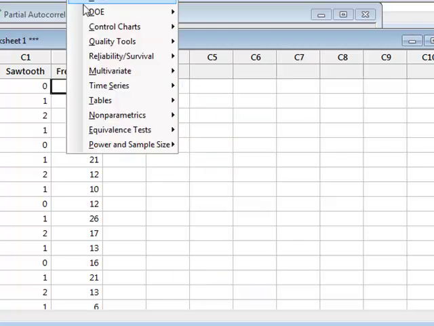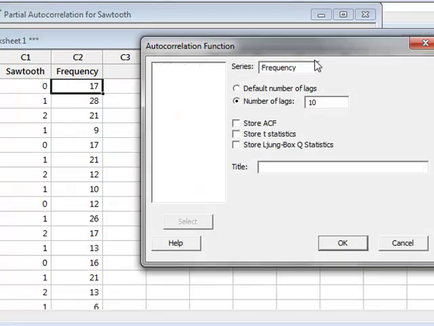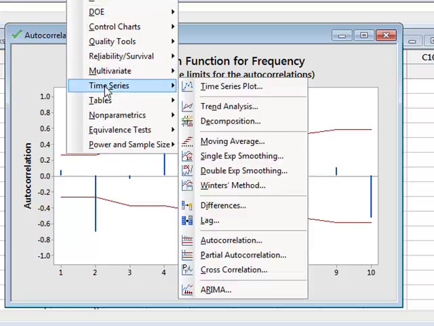If we now apply first of all the autocorrelation for the frequency of porpoise sightings, as expected, we can see strong correlations after 4 lag periods corresponding to 1 year. So there seems to be an annual variation, but because of the ambiguity in the autocorrelation, it is difficult to identify any other effects. So if we now go to Stat, Time Series, and pick out the partial autocorrelation,